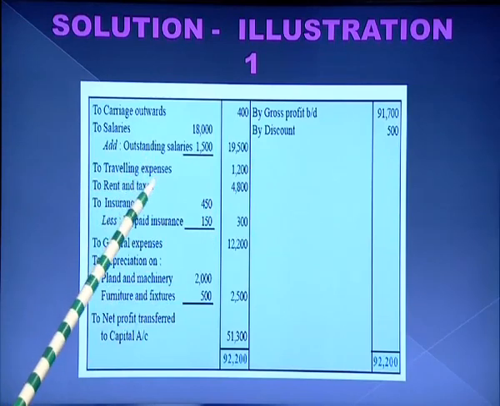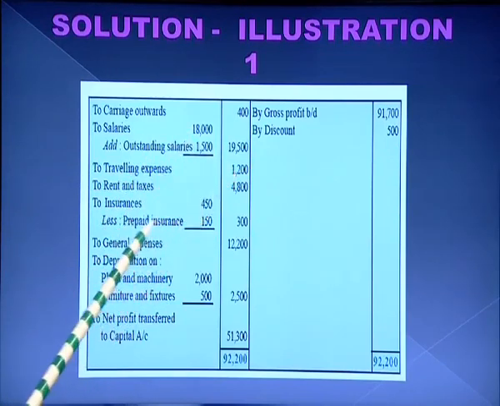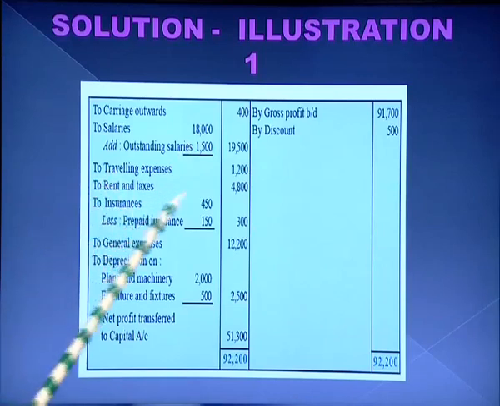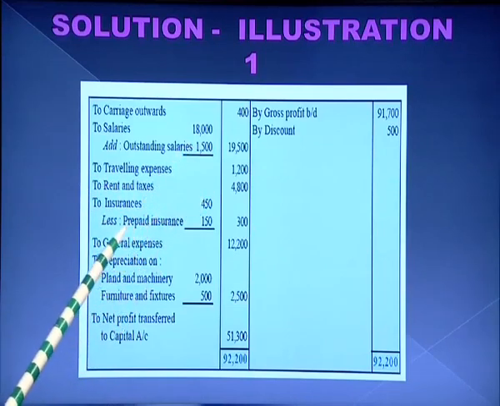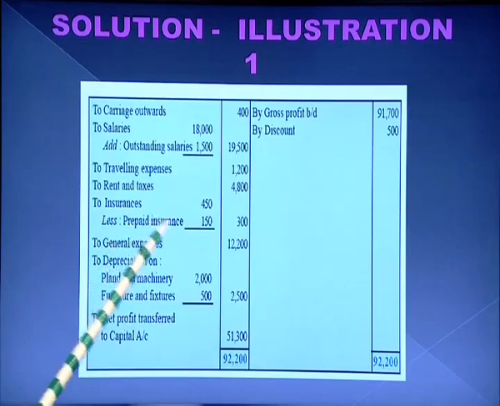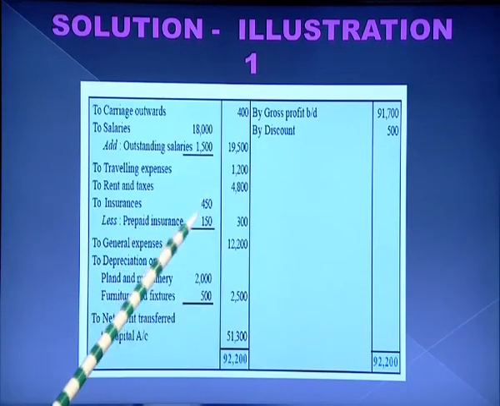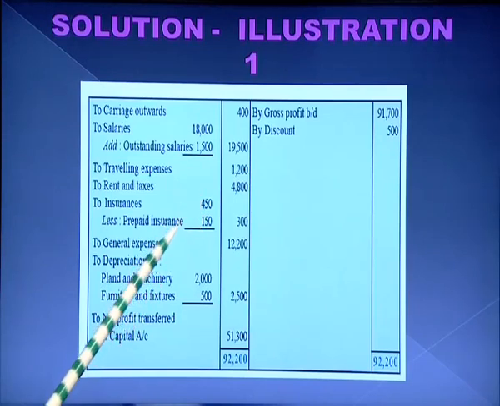Next is travelling expenses, 1,200, rent and taxes, that is 4,800, and insurance 450. Dear learners, there is an adjustment that prepaid insurance is rupees 150. So, we will deduct this amount from the total amount of insurance, that is 450. The final amount of insurance is